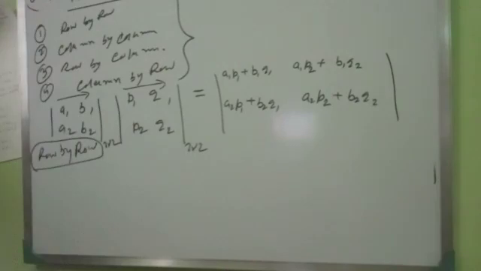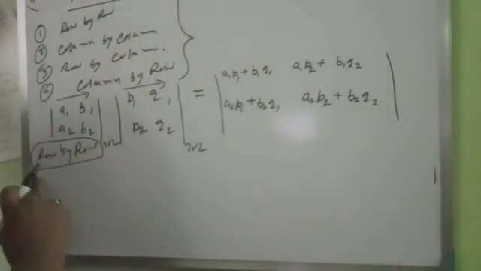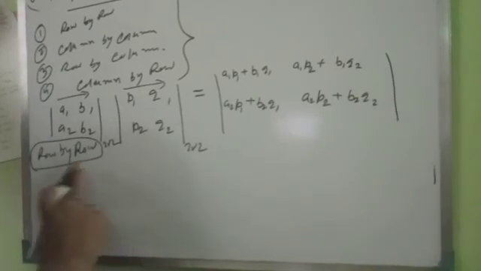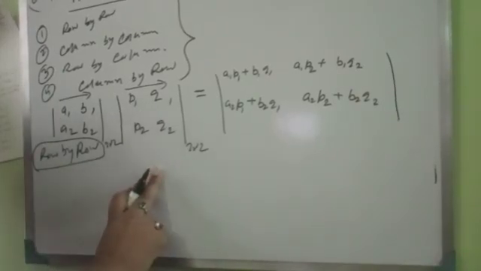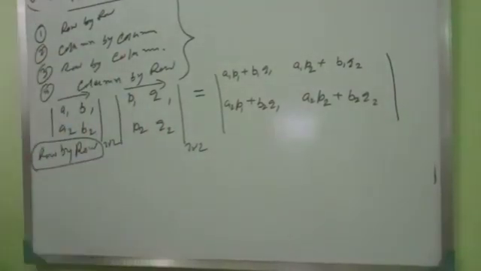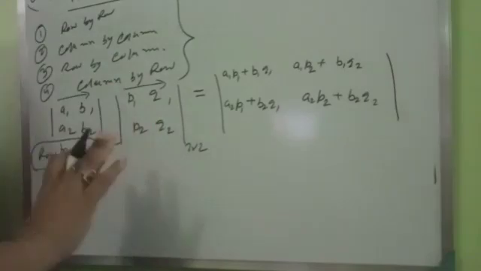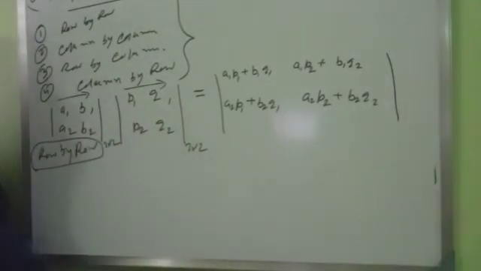And other methods are also there. I am not going to explain all the methods here because I will suggest always to follow row by row. Here we will follow row by row and the matrix will follow row by column. Here also the row by column method can be done, but I am not going to explain. Everything you will get in the PDF. Let me explain the next part.